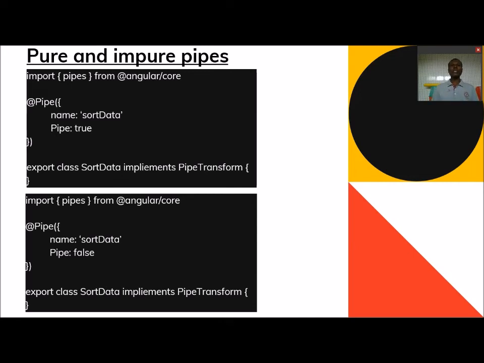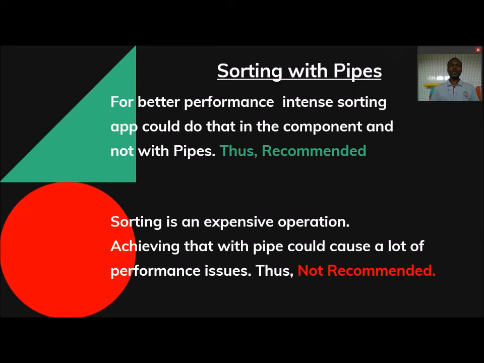So performance best practices require us to watch these critical areas in order to improve the performance of our apps. So sorting with pipes, just like I've said earlier, that is for better performance. If it is an intense sorting app, you could do that at the component level and not really with pipes, because it may take a lot of resources to sort that. Pipes are good. It's a choice. We can sort with pipes, but